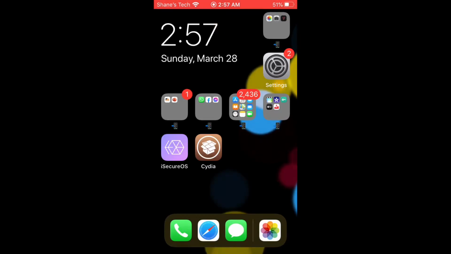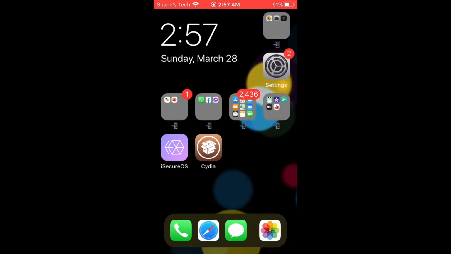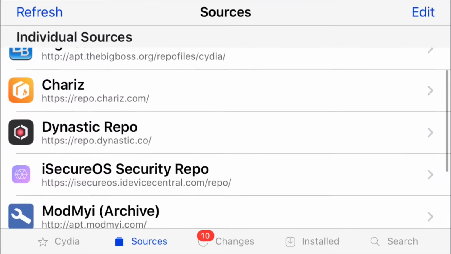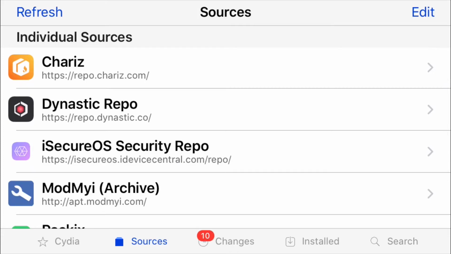So the first thing you need to do is make sure that your device is jailbroken, and once your device is jailbroken you need to launch Cydia, and then you need to add this source: iSecureOS.iDeviceCentral.com/repo/